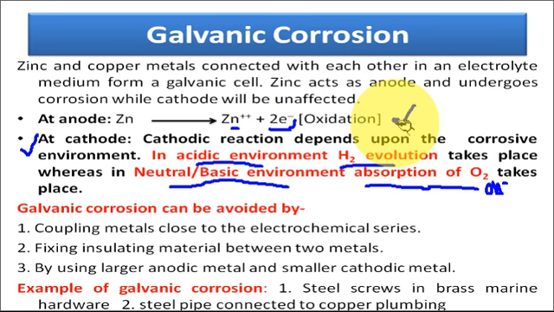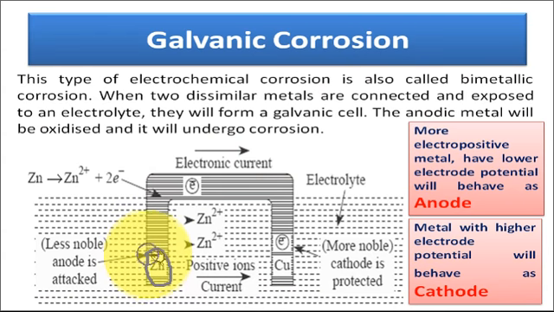So the anodic reaction is the same, that is the oxidation reaction, and since here zinc is the anode, oxidation of which metal takes place here? Oxidation of zinc will take place here. So slowly this zinc rod becomes thin. Why does it become thin? Because zinc ion goes into the solution from this zinc rod. So zinc ion comes into the solution and the zinc rod becomes thinner, and the electrons released at the anode get